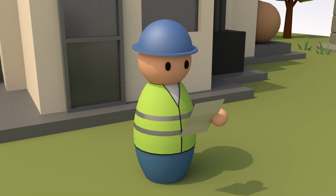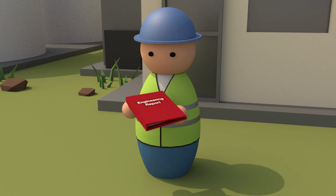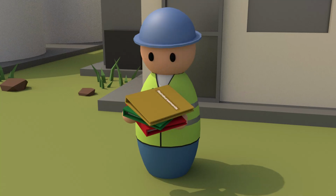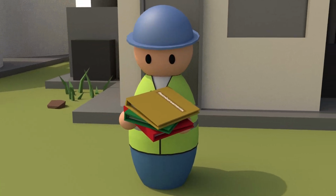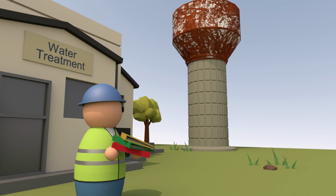Bob just got his SRF decision back. The water tower project has been approved for a low interest loan. To accept the loan, Bob will need to submit an engineering report, put out bids for contractors, and submit reimbursements, among other administrative requirements. There's work that still needs to be done, but Bob is well on his way to